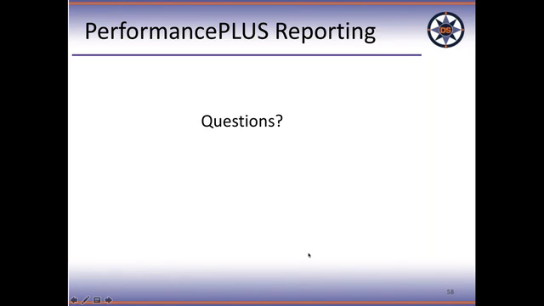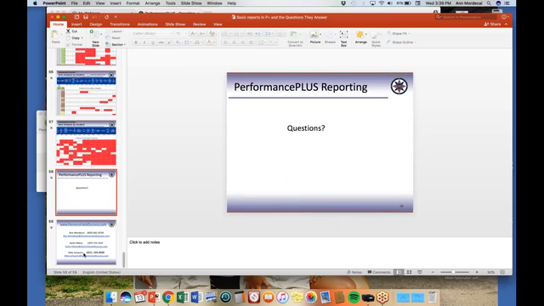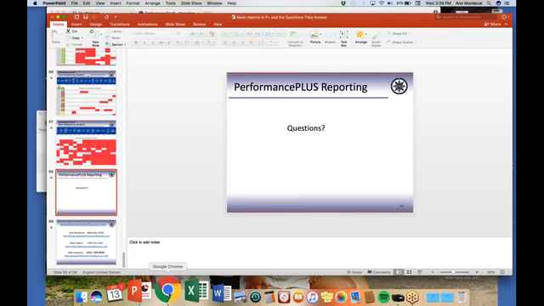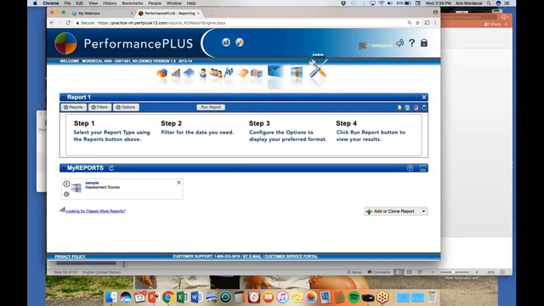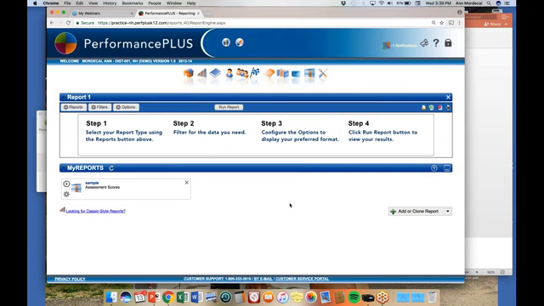Because if you have a question, other people will have questions. I can guarantee it. I can also show you how to create some of these assessments if you want. If anyone's interested in that, just type in and let us know.